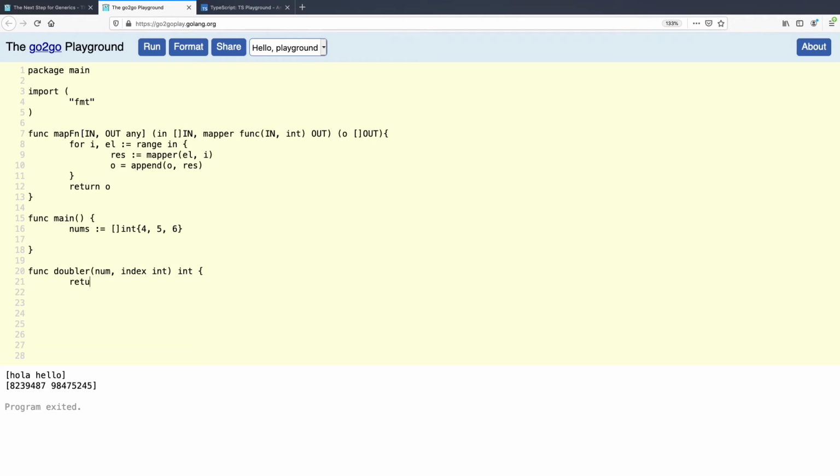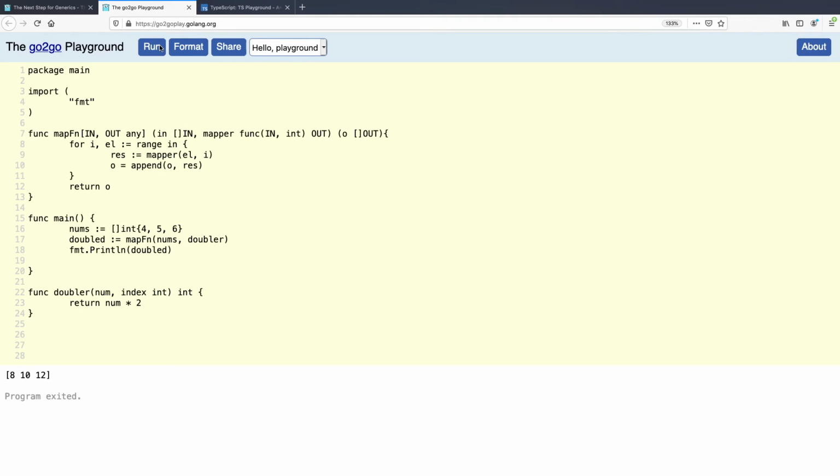And then we just return num times 2. So now we can use this mapper function to double every element in this array here without any more work, because we've defined this utility method already. So we can say the doubled are pass in nums, and we pass in the doubler, and then we can print doubled. And our mapper function has effectively done that.